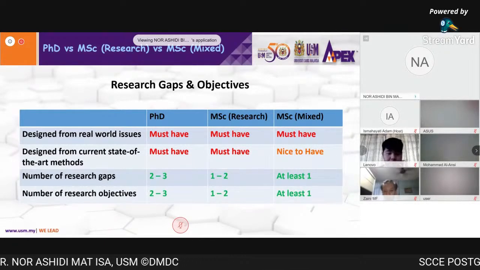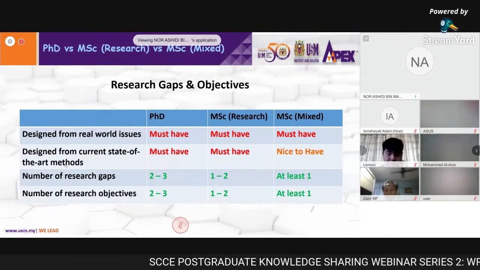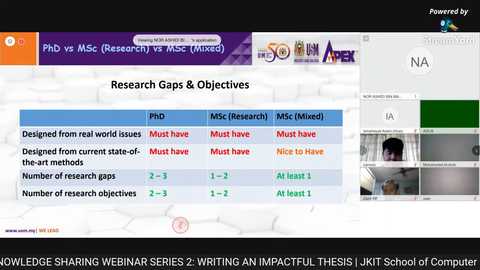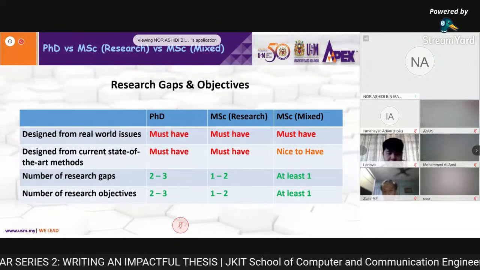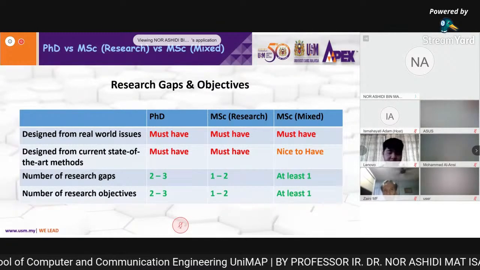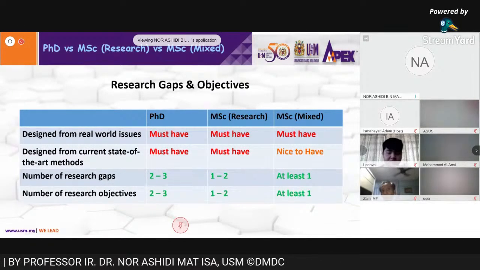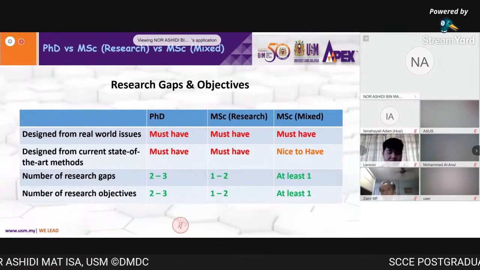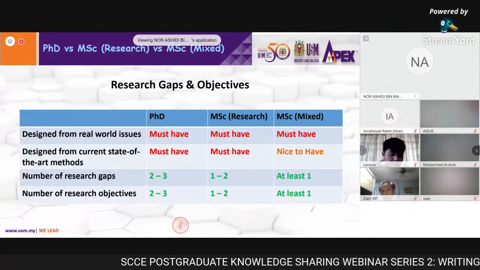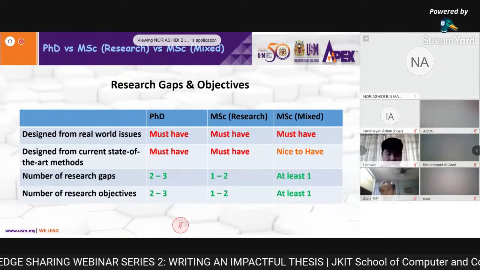Because of that real world problem, there is an existing method used to overcome it. Let's say at the moment there are only three methods: method A, method B, method C. Method A applies certain techniques in order to solve the real world problem. Technique B uses a different one, and technique C also uses a different one. This is what we call the current state of the art methods used to overcome